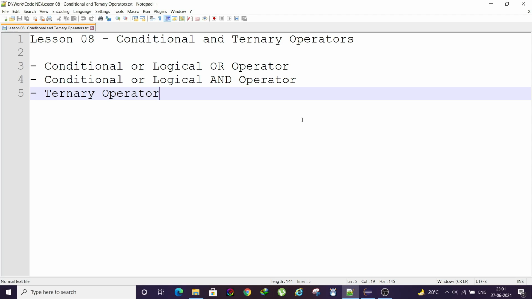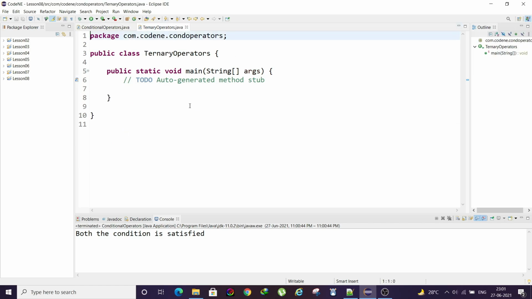Now we'll move on to the third topic, that is the ternary operator. The ternary operator is pretty much similar to if else. For example, let's say int x equals 10, int y equals, let's say, 20, then int z.